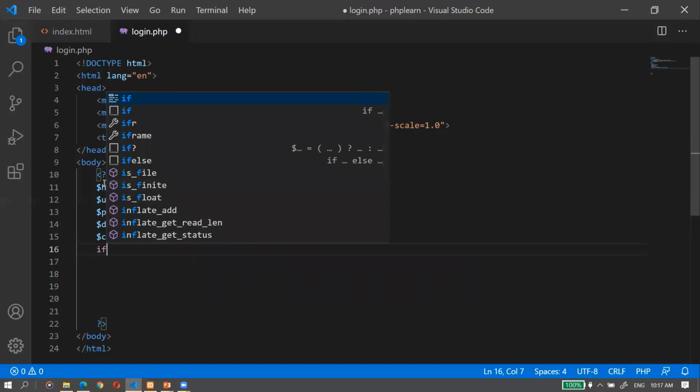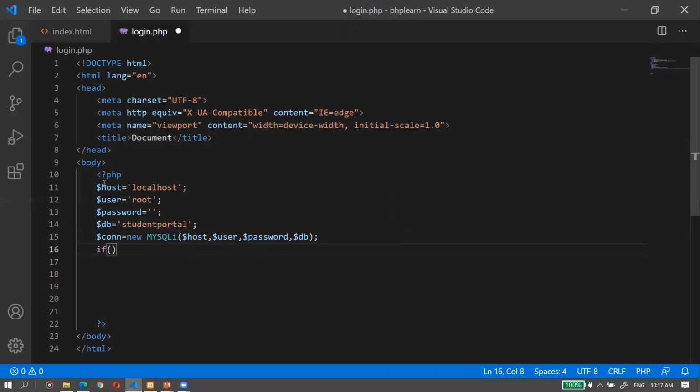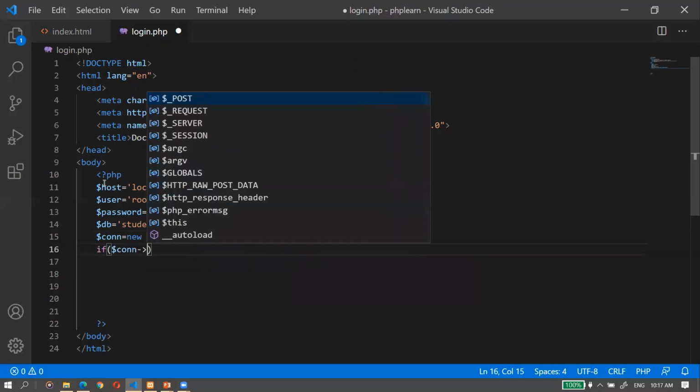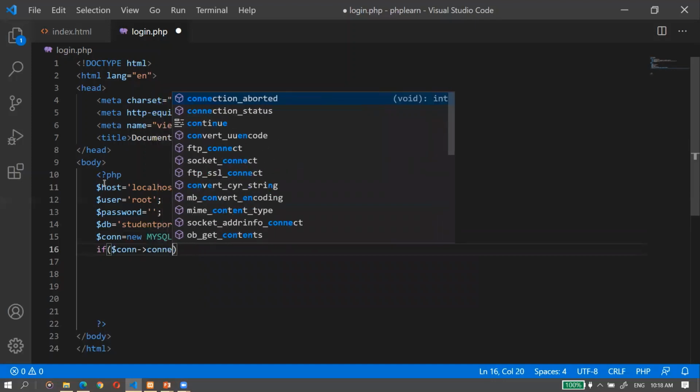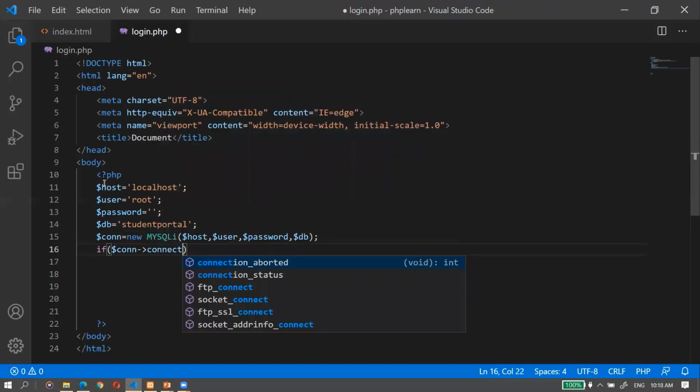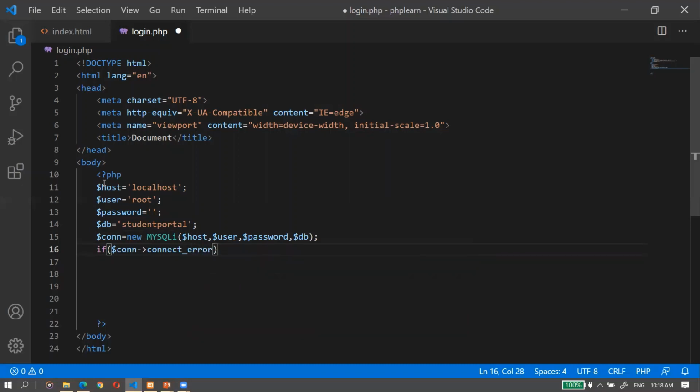Now if it is unsuccessful, I'm giving a kind of message to the user. If $con has a connect_error, then die with the message: database connection error.